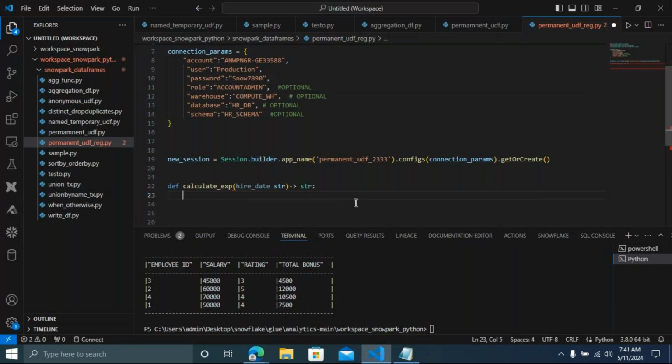Calculate years, calculate hire date, give a variable name equal to, just read the data hire date, give the argument, and then you're going to use